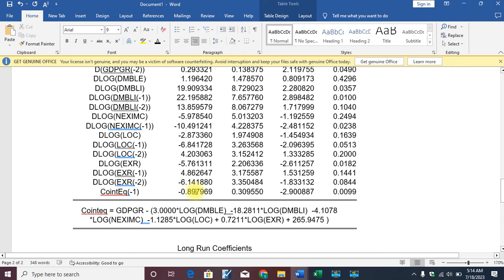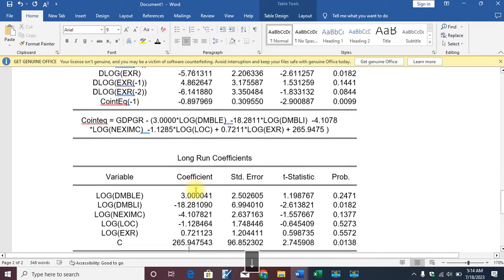And in what we have today, the error correction term is 0.897969, which actually explains that the past disequilibrium associated with external trade financing and economic growth in Nigeria can herald a long run equilibrium at the speed of 90% per annum. That implies that the past problem will be adjusted at the speed of 90%. This speed though is very high, but is necessary at this time. So let's proceed to